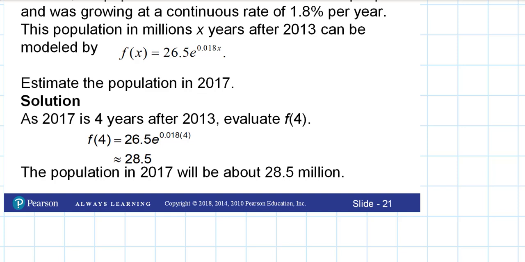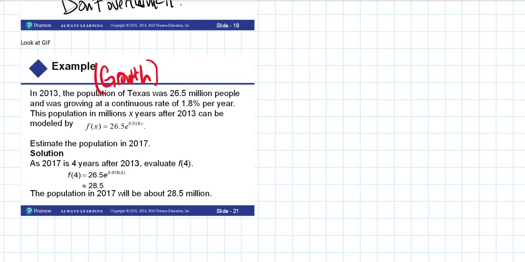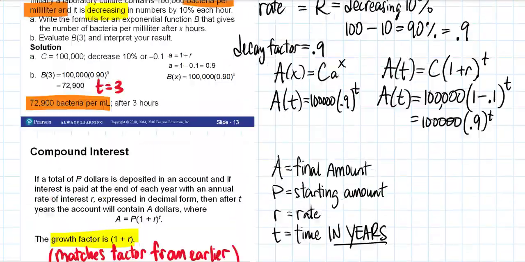They put an approximately there because they just want to round it off because you're talking about millions, so you don't need to go all the way down to the ones place, I guess, is their thinking. I like to just put the number, but you're still just estimating, so it's okay. They'll tell you what's a valid estimation point. So this population would be about this amount, about 28.5 million. That's just another way to approach